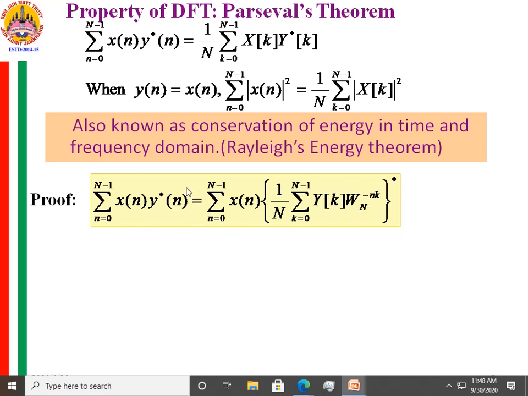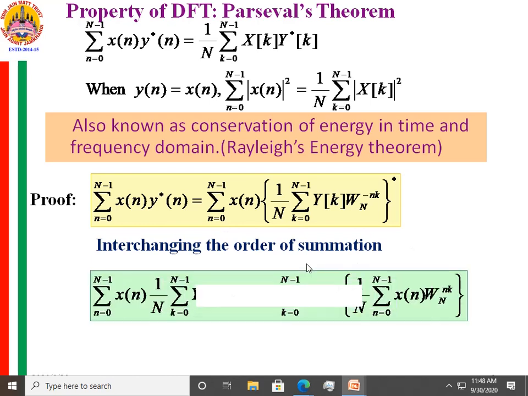So this left hand side is written with this. Getting it or not? Now interchanging the order of this summation, k from 0 to n minus 1 yk, we take it outside, and this xn and w raised to nk, they both vary with respect to n, so we take it inside and write it as summation